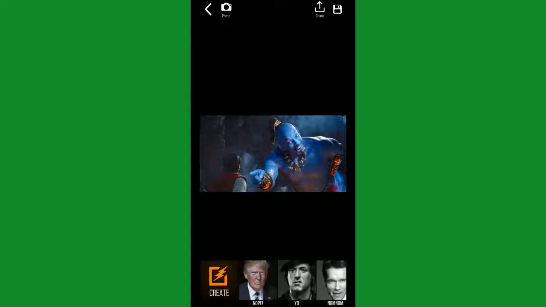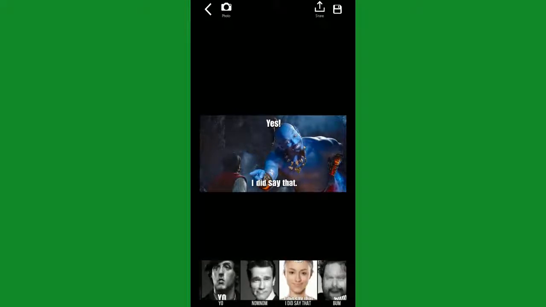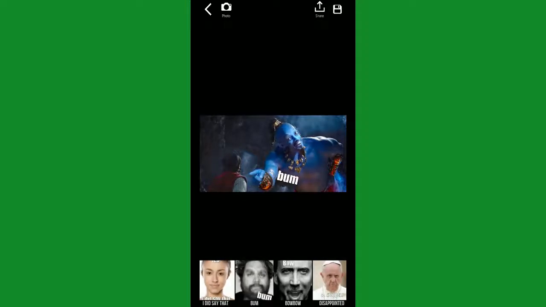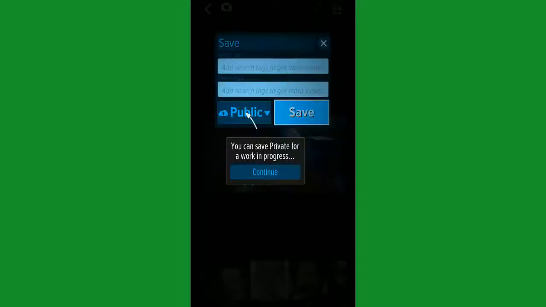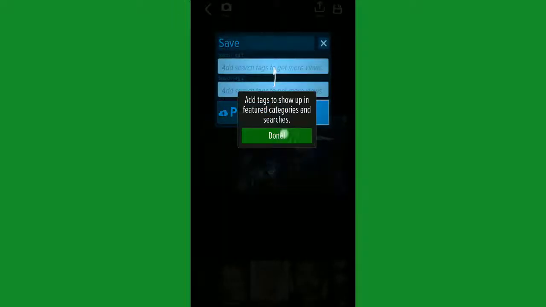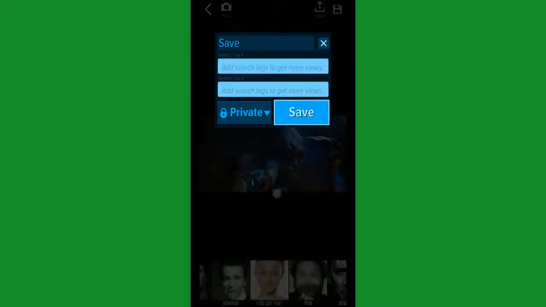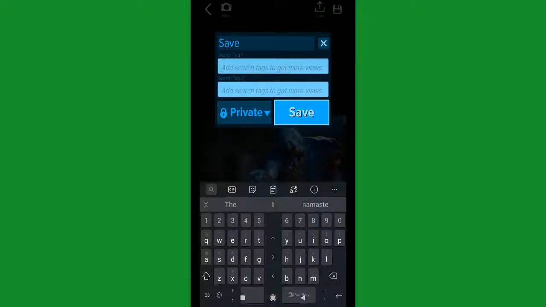Using this feature, we can do a lot of things. Once you are satisfied with the animation effect, then we can save it. Just click on save. Enter whether you want to save it private or public, it is up to you. I want to save it as private to me only.